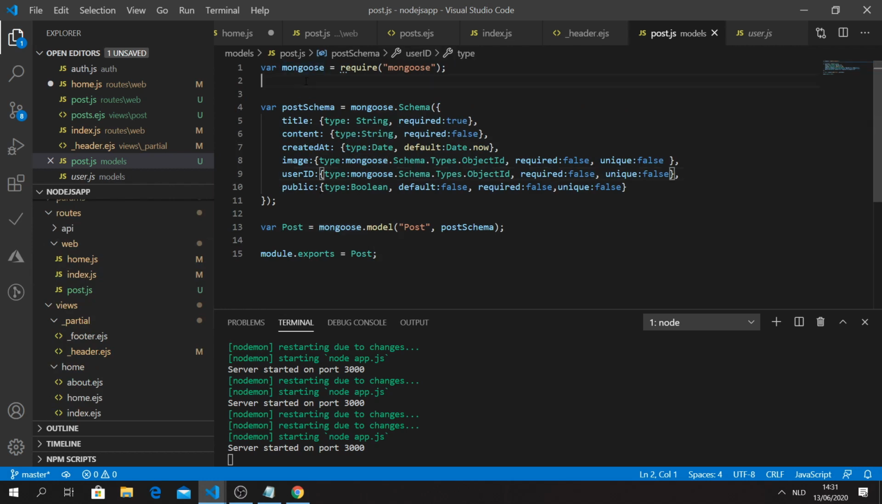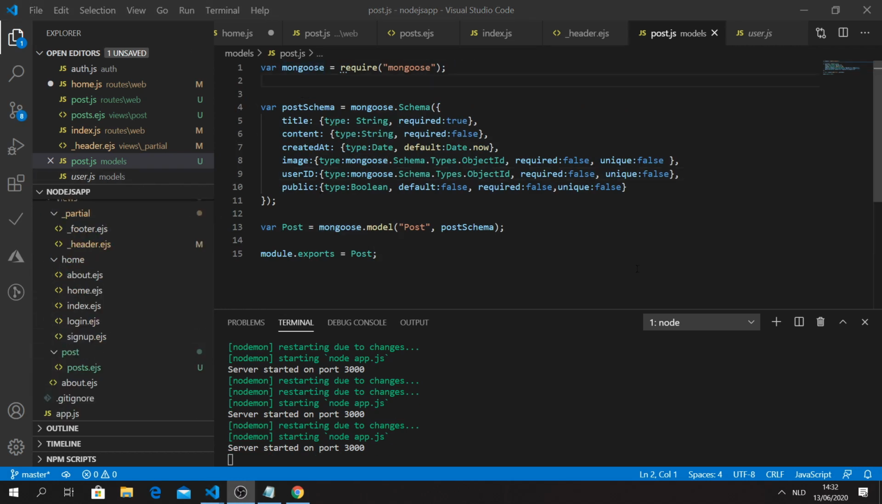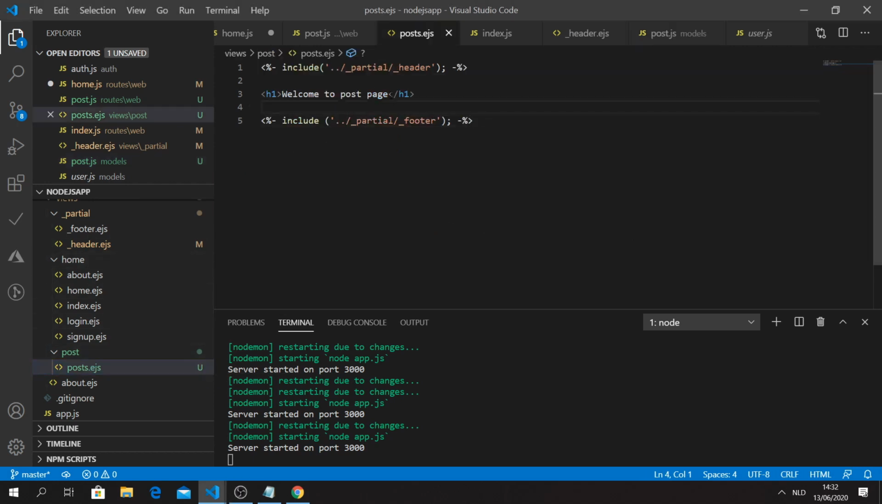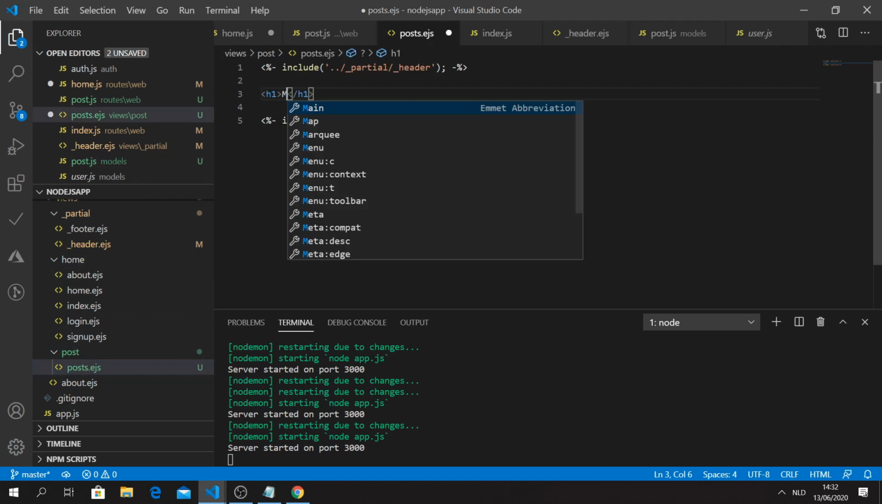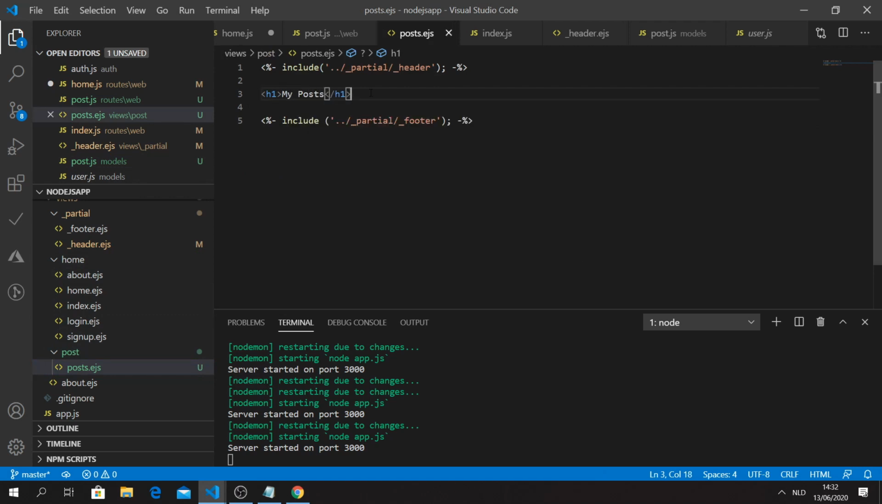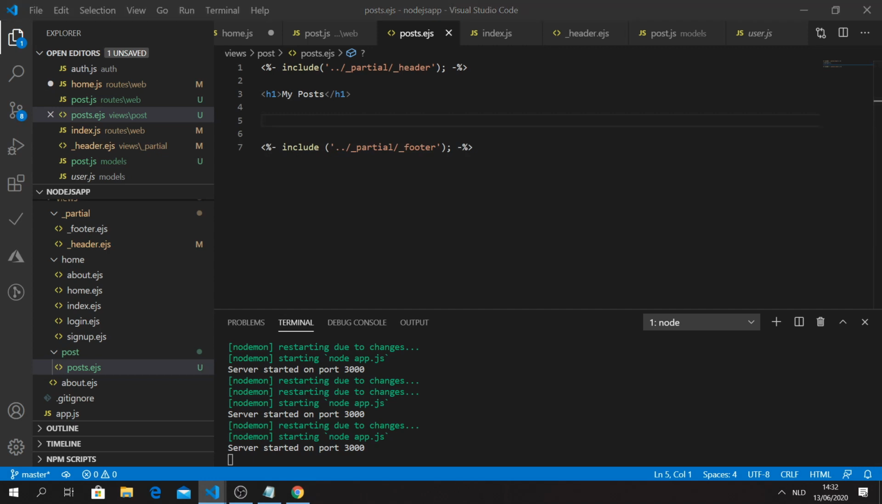So let's go ahead and start modifying our page. So we want to go to our posts page. So let's do this. And then we can change this here a little bit. So this is going to be my posts, which means it's basically the posts that I made, right? And then I guess we're gonna have to write some